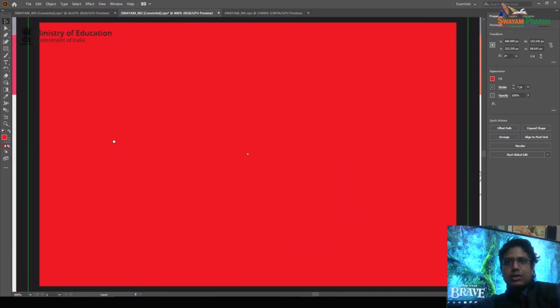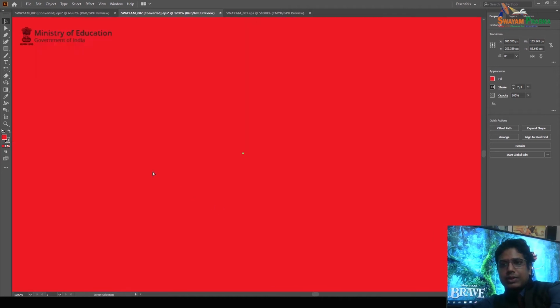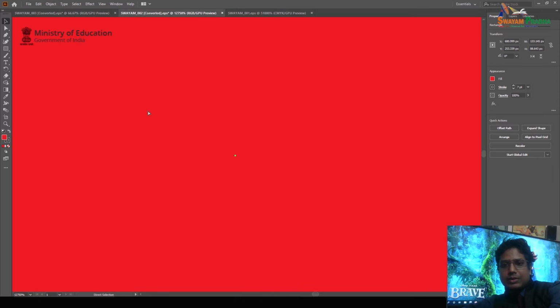Here we can check that no data is going to burst or pixelate. See 1200% zoom. I am zooming further. Here we are not able to see any pixelation, even at 64,000% zoom, right? Everything is looking smooth and best quality.